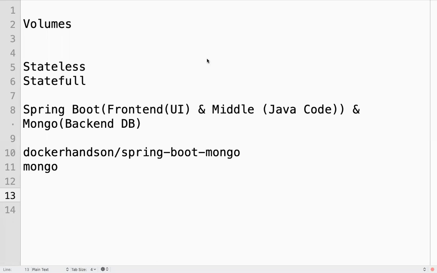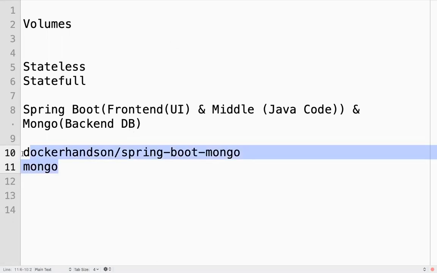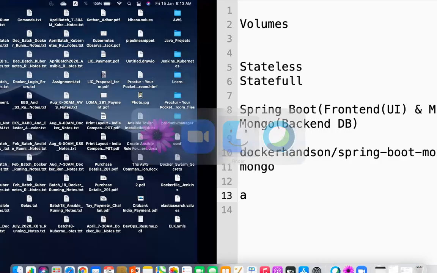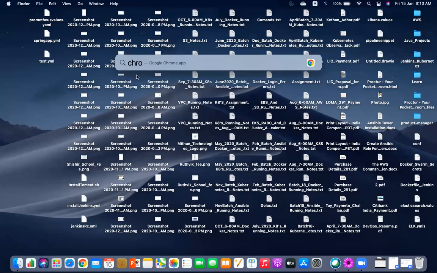You need controllers to manage these pods, and also you need services, right? Something like this. Let's directly create it in the server itself.